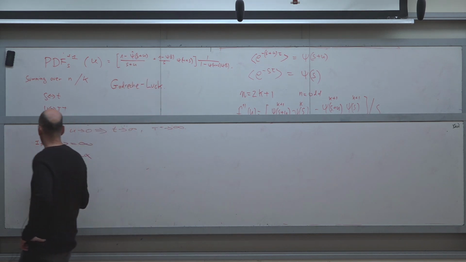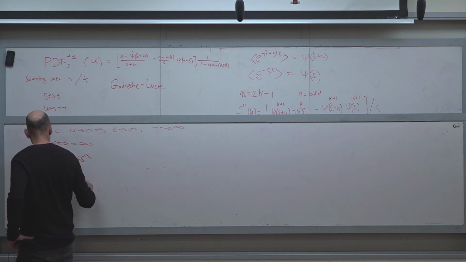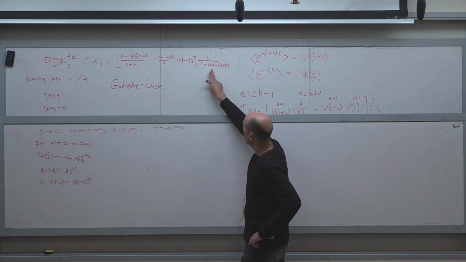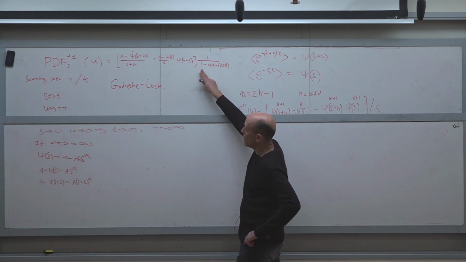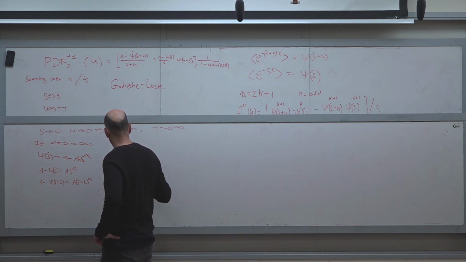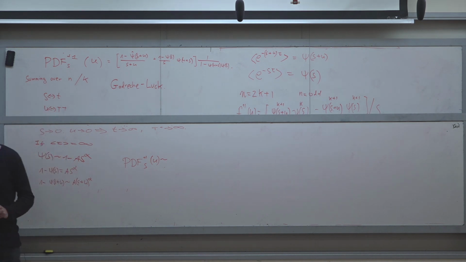I use the following: 1 minus psi of s is a s to the alpha, and 1 minus psi of s plus u is a times s plus u to the power alpha, etc. I plug this in. Here the 1 times 1 will cancel this 1. And if I do that, I get the PDF starting at 1, which in the small s limit is proportional to